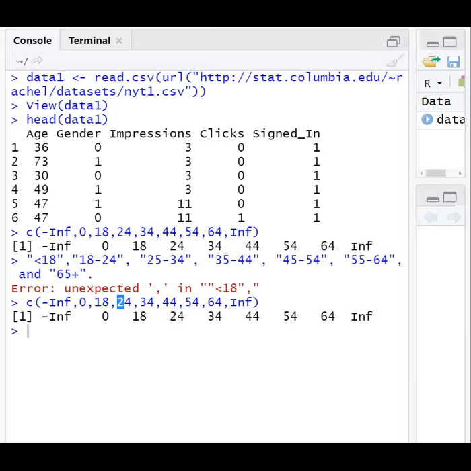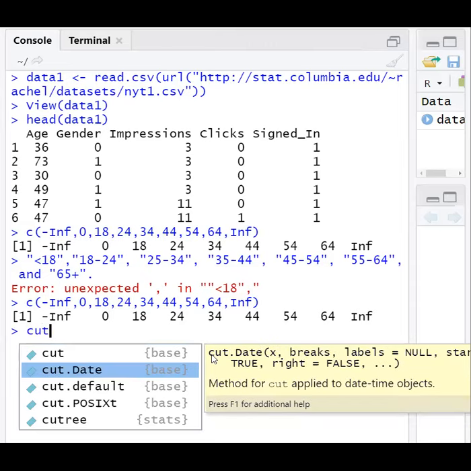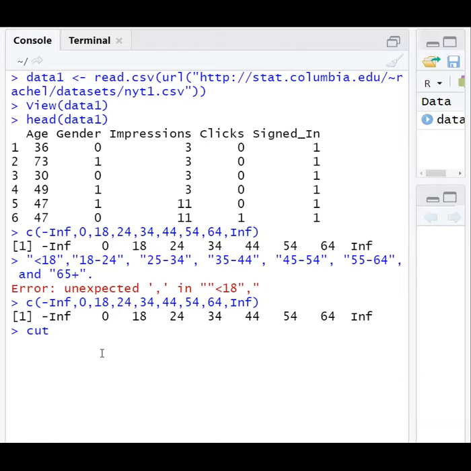Then we must use one more method, called the cut method. Let us press F1 for additional help.